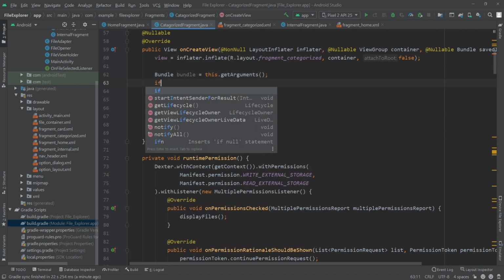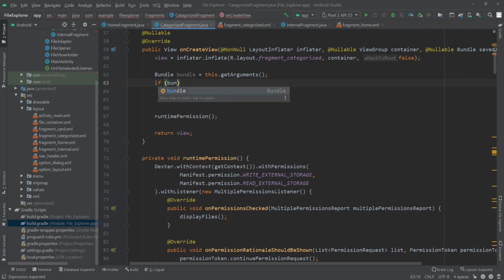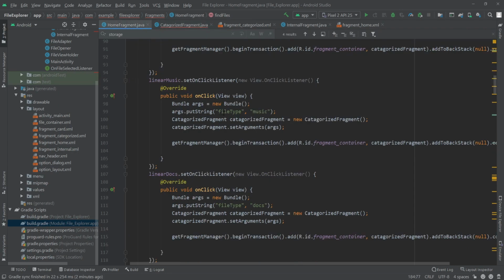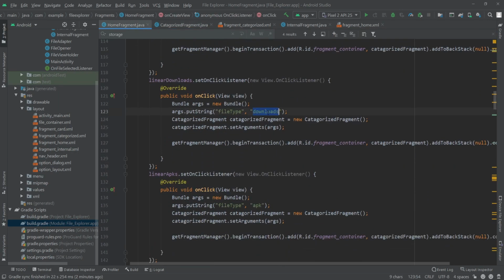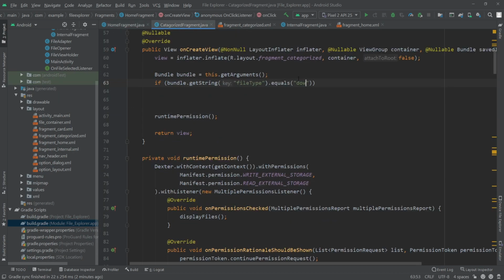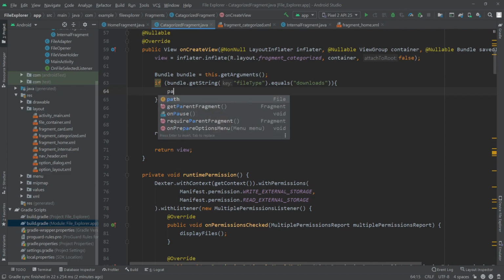Then I'll write an if checker: if the bundle dot get string dot equals, and for the get string we need to pass the key value. The key was, if we go back, file type, so I'll copy this here. If it equals downloads, as we passed downloads for our download linear layout, so I'll copy this here. If it gets the download in the bundle, then we'll set the path